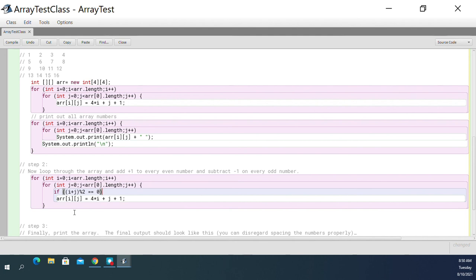If it divides, then it's an odd number. Okay, so it's an odd element of the array. That's what we define. If it's an odd element, then